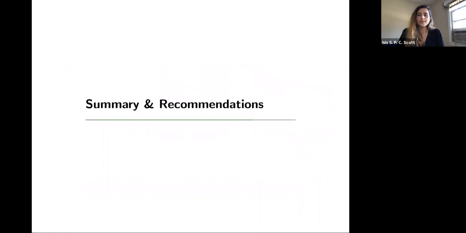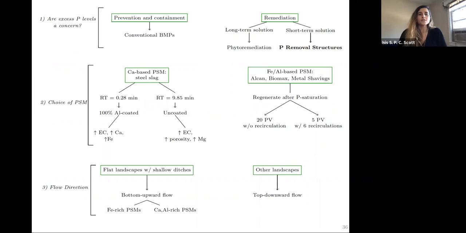Okay, so these are my three main topics for today, and now I have some takeaway messages. So the first question to answer, if phosphorus removal structures are a potential mitigation practice that is being considered, is: are excess phosphorus levels a concern? And if they are, then we have two options, right? The first one being the prevention and containment of that source, which would be through conventional BMPs, or we also